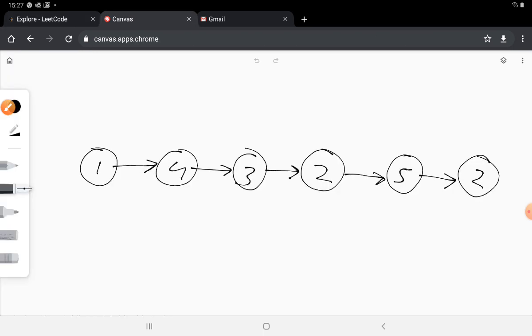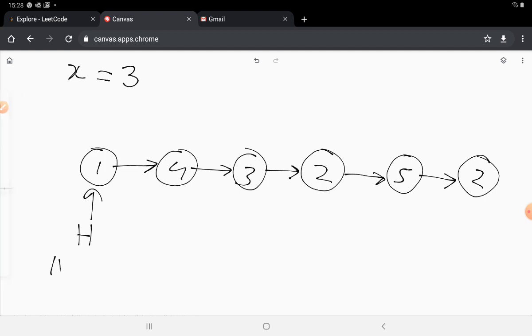So here I have taken the same example. Let's say we have this 1, 4, 3, 2, 5, 2, and we have x is equal to 3. So we have our head pointer pointing to the starting of the list, so we start moving forward. We also keep track of two pointers, h1 and h2.